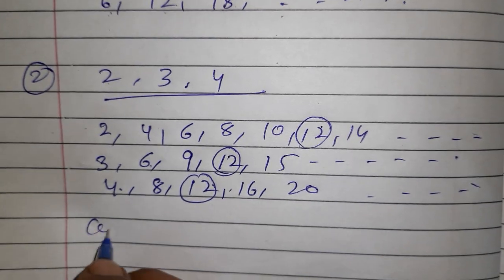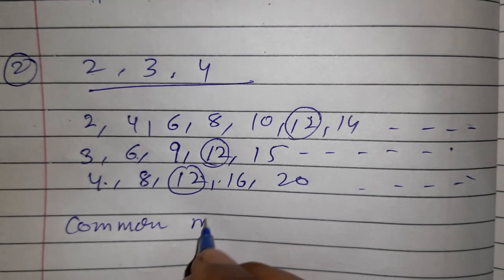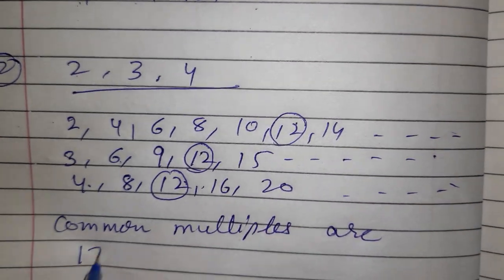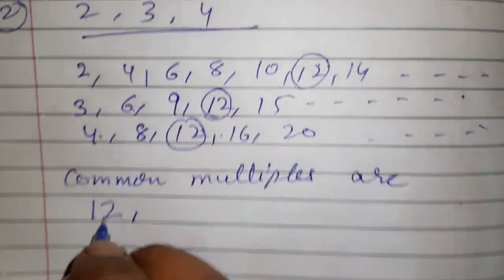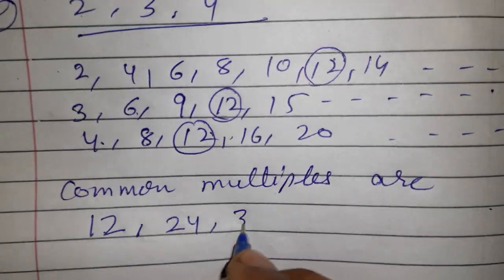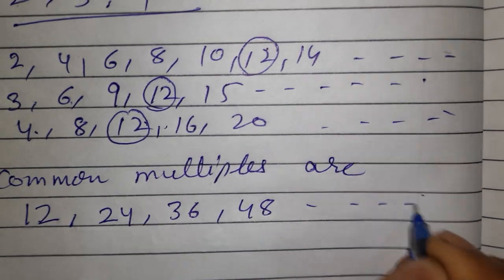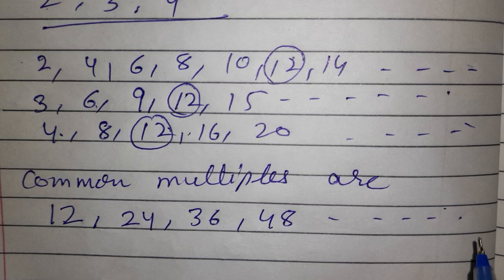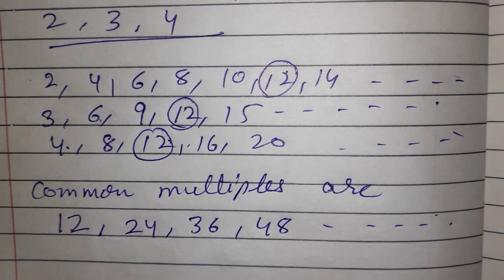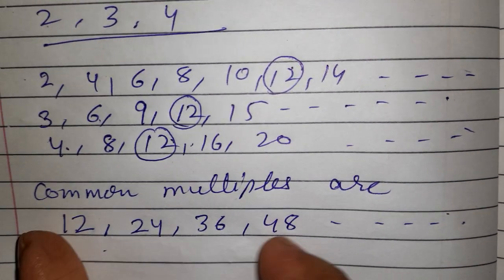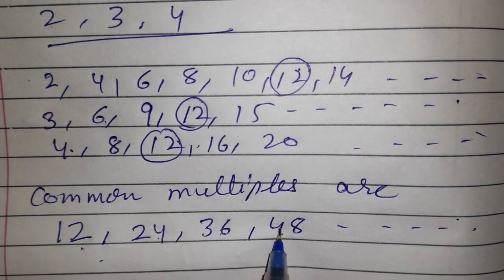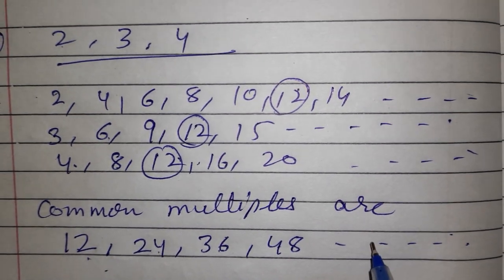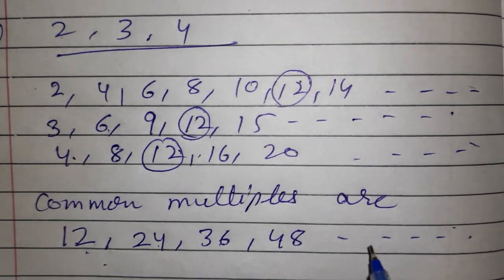How? First common multiples are, first write the 12 and then write the table of 12, multiply by 2. So what will you get? 12, 24, 36 and so on. This way you write the common multiples. Okay, so when you get the question, find the first 4 common multiples, write only up to 4 multiples: 12, 24, 36, 48. If it asks for the first 5 multiples, then go ahead and write one more. So that is your common multiples of the given numbers.